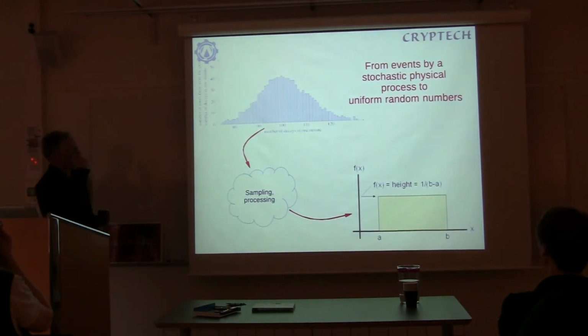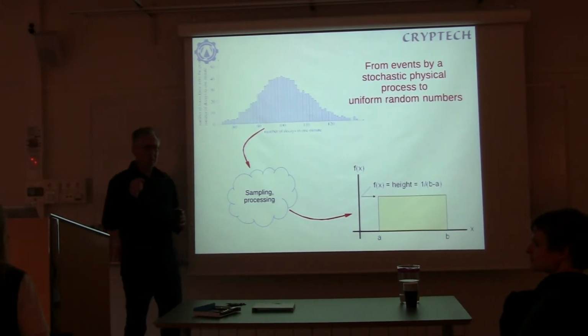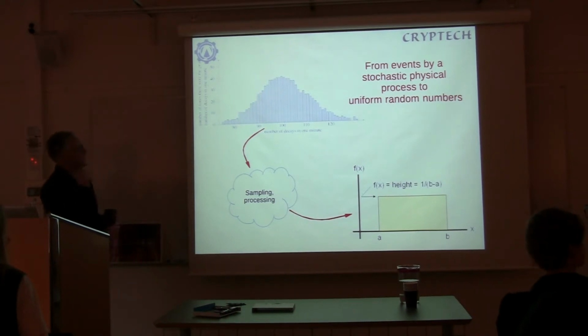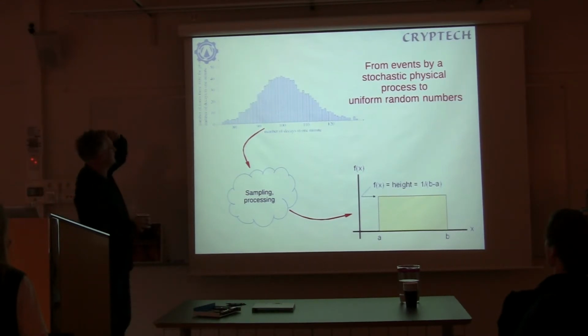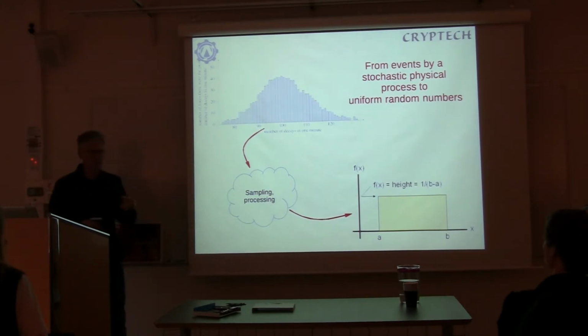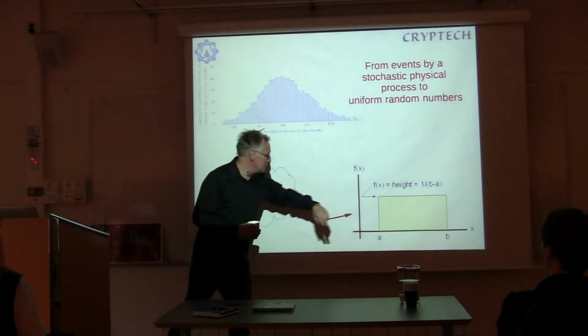But the problem we have, if you go back to Shannon, is that we're talking about randomness and entropy. And entropy in this case is unpredictable events in a physical system, a stochastic physical process. And normally you get something like this. This is random decay, for example, if you have a radioactive element. And people are actually building random generators using old smoke detectors, for example. You can do that if you want to. The problem is that we want to go from something like this to something like this, that you get uniform